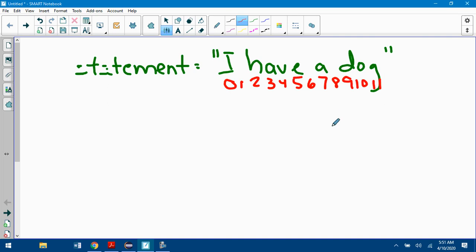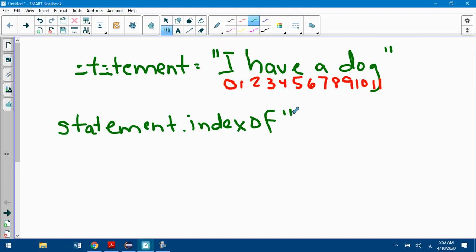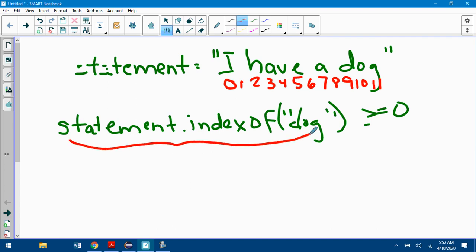So when the computer does statement.indexOf dog, it looks at the statement and finds where the word dog starts. And it's right here. So technically this is returning 9, which is bigger than or equal to 0. But if it returned any number bigger than or equal to 0, it would mean it's in that statement.